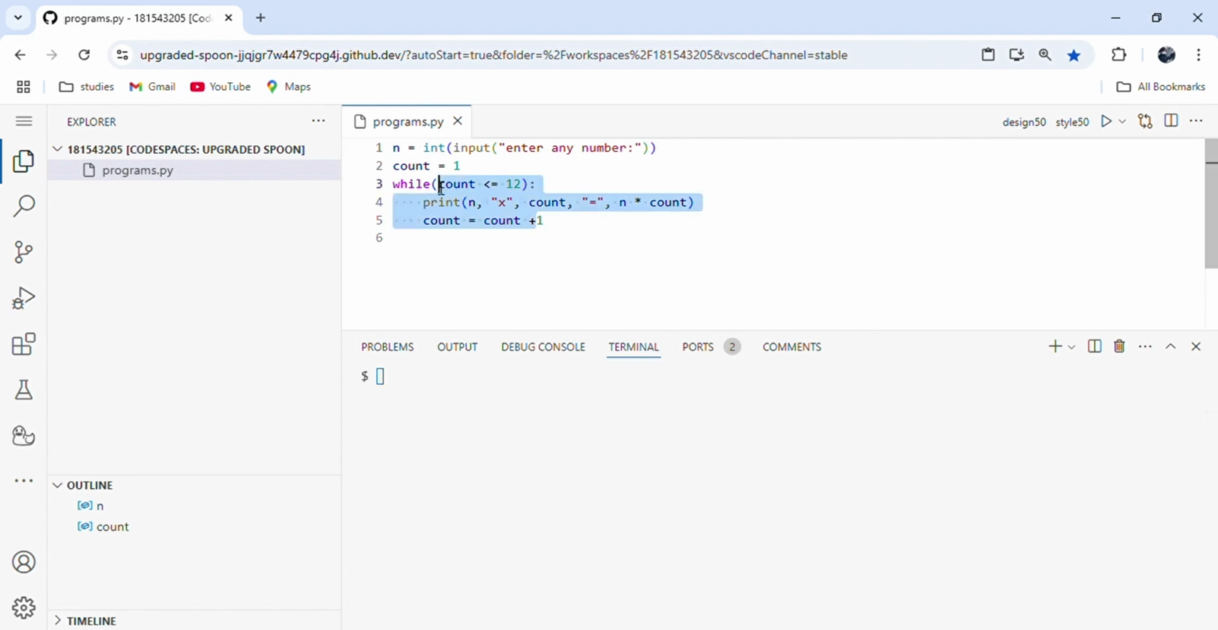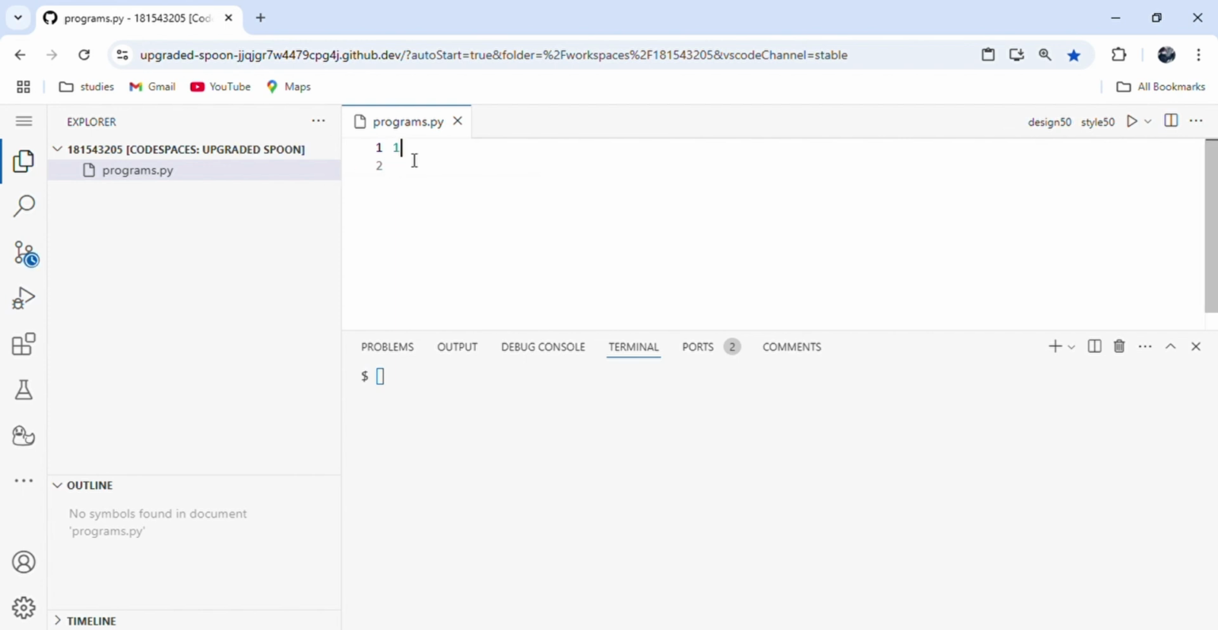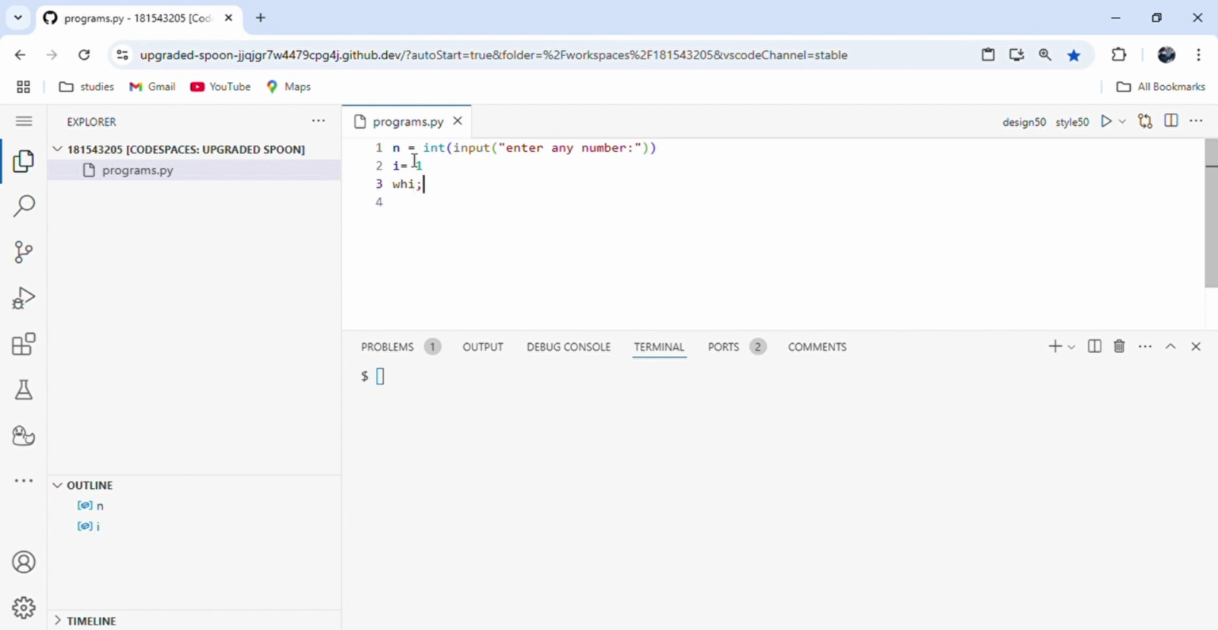And the next program is to get the square of first n numbers. For that, let us take an input n equal to integer input, enter any number. If you enter any number, then assign its value. Let's take I equal to 1. And while I less than or equal to n,